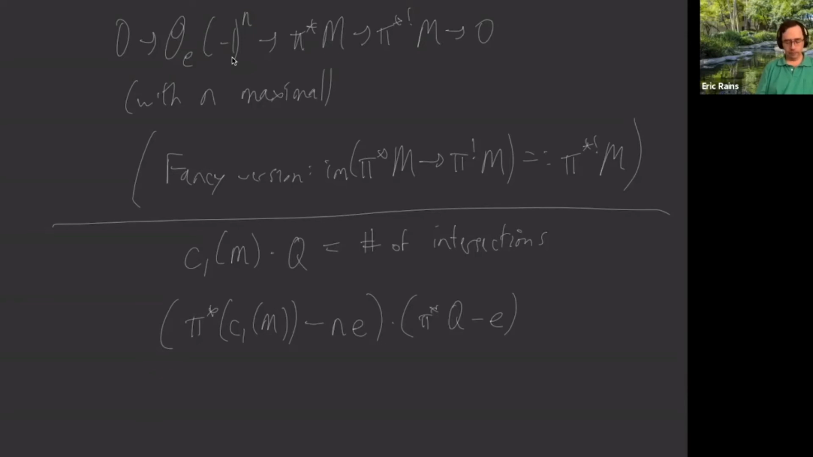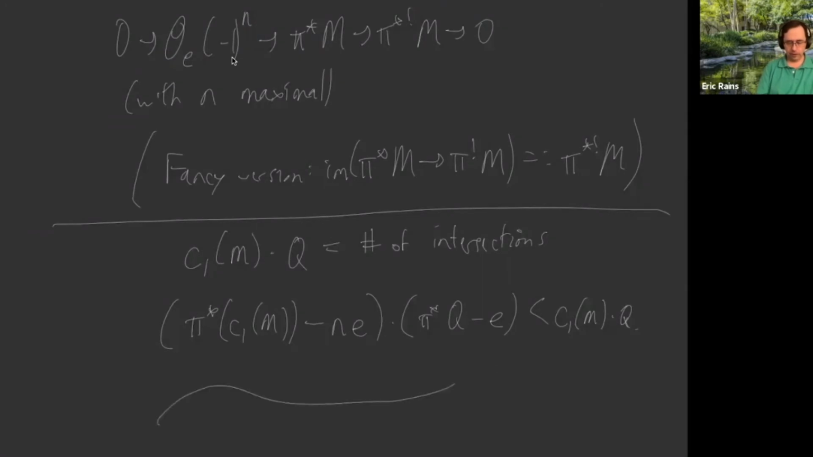So, okay, I'm blanking on the argument, but the key point is that this ends up being less than C1 of M dot Q. The way to look at this is, at least in the generic case, we have